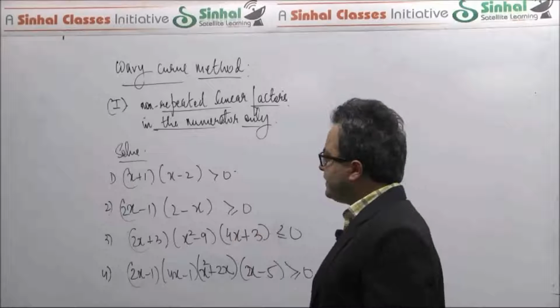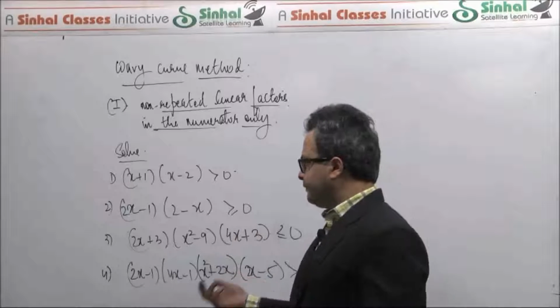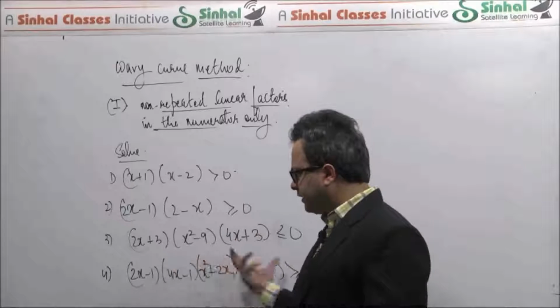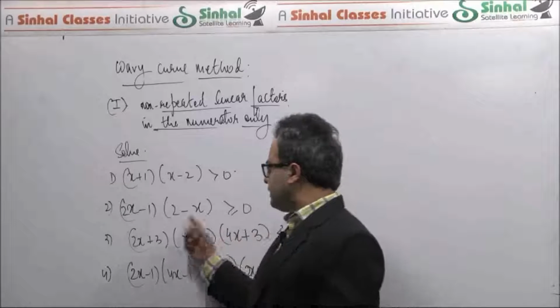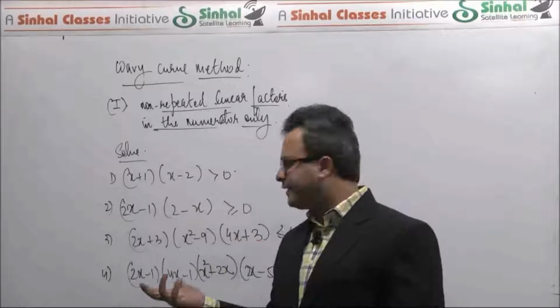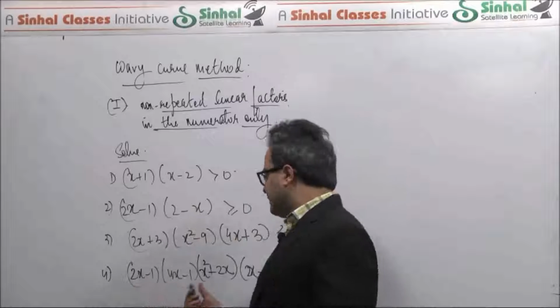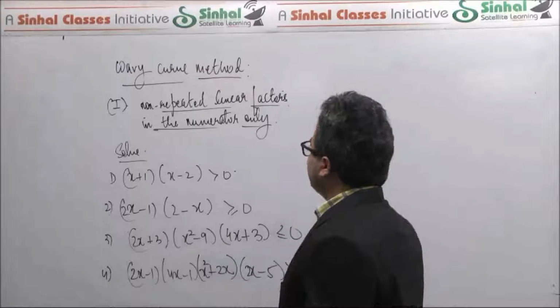As you can see in all these four problems, the inequalities consist of a product of linear factors. For the first two examples, the whole expression is already factorized. In the third case, this middle term will have to be factorized further. Similarly, over here, this term will have to be factorized further. So as a first step,